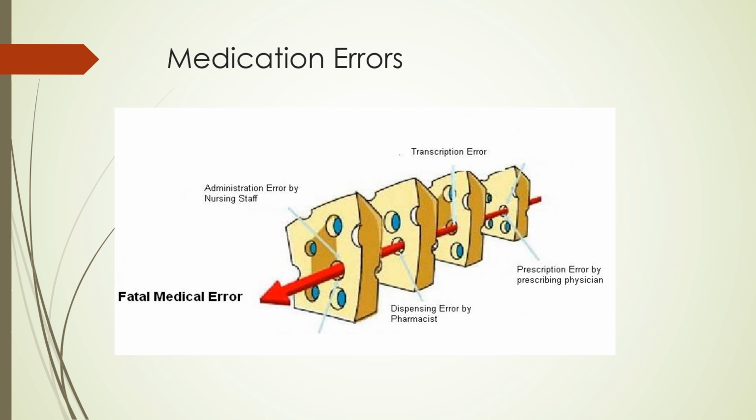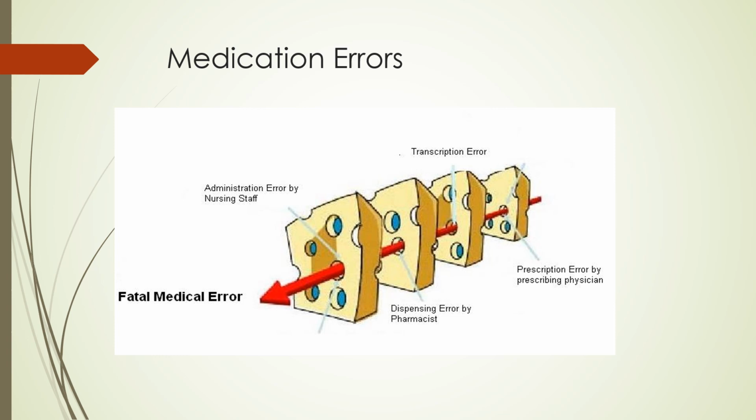Think about all that has to occur for a medication from ordering to actually giving the medication. First, the medication is ordered from the provider. If it's ordered incorrectly, the EMR should catch the error. The error stops and that Swiss cheese hole is closed. But what if that EMR doesn't stop the error? Then it moves through that hole deeper into the cheese. Hopefully the pharmacist transcribing and dispensing the medication catches the error and closes the hole in that cheese. But if they don't catch the error, it moves through the hole deeper into the cheese tunnel closer to the